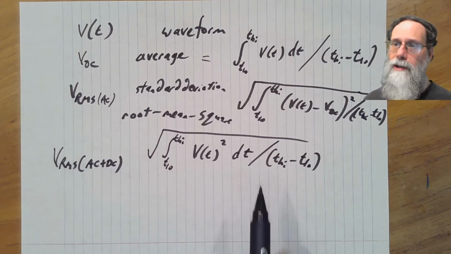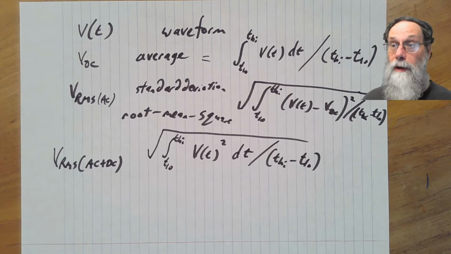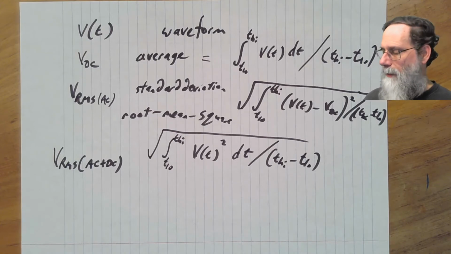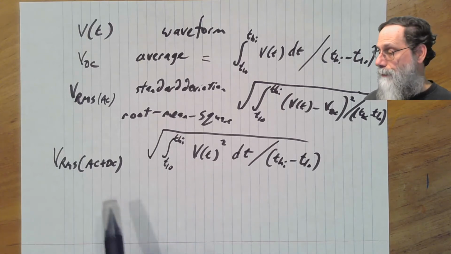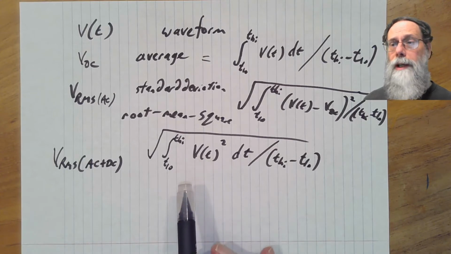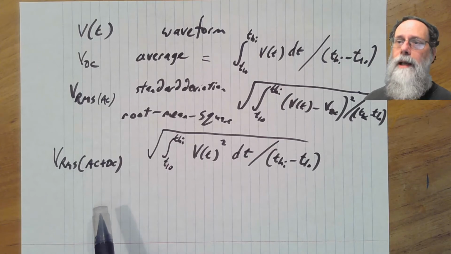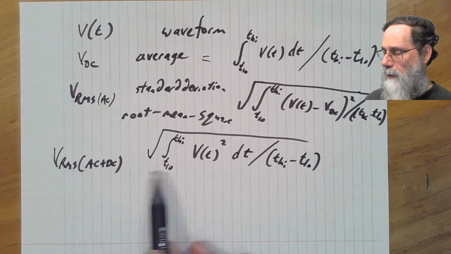And this one is useful if you're looking at something like, well, how much heat would I get in a resistor? If I put this time varying signal across a resistor, how much would it heat up the resistor? And what's relevant for that is the average power, and the root mean square voltage gives you a way of computing that average power. And we'll look at that more later on when we look at power, and we'll look at root mean square voltages again when we start looking at, for instance, audio signals.